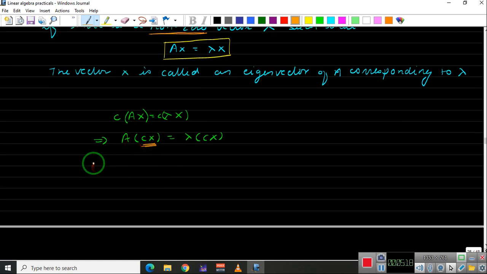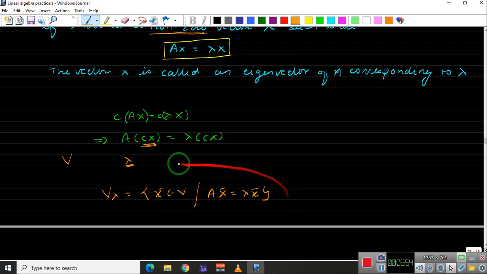If you have studied vector spaces and subspaces, suppose we have a vector space V. Let me just give you a brief introduction of it. If we have a vector space V and lambda, which is the eigenvalue, then we take a subspace, say V lambda, to be the set of all the vectors in the vector space V such that Ax equals lambda x. You take all those eigenvectors.